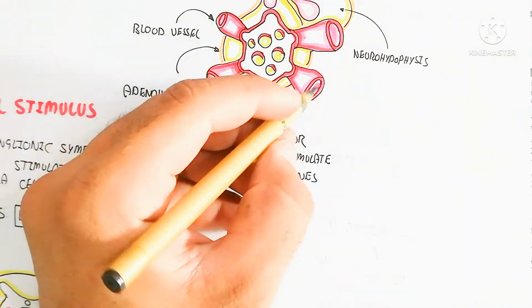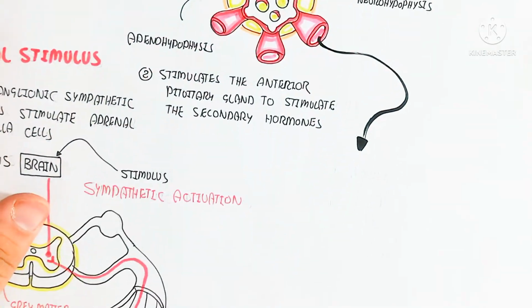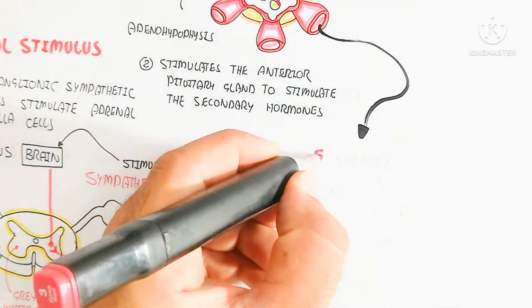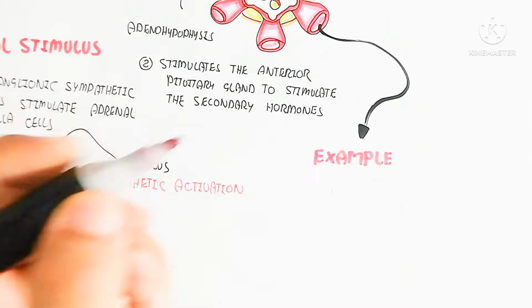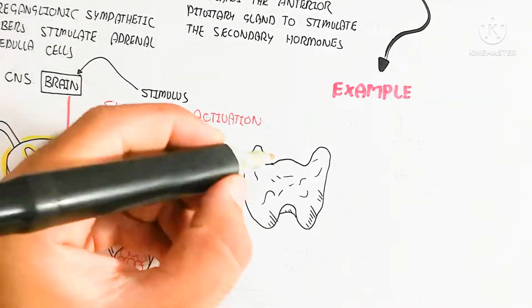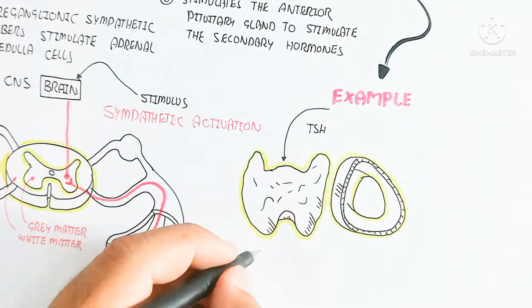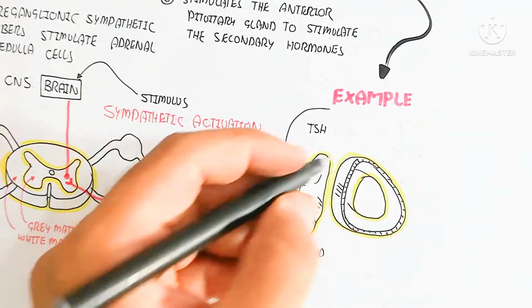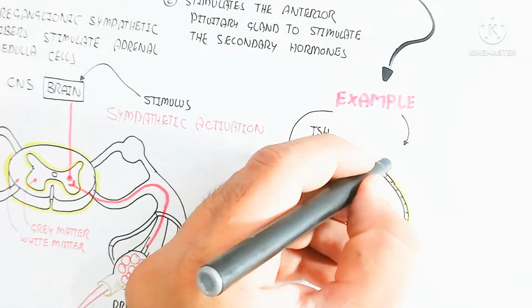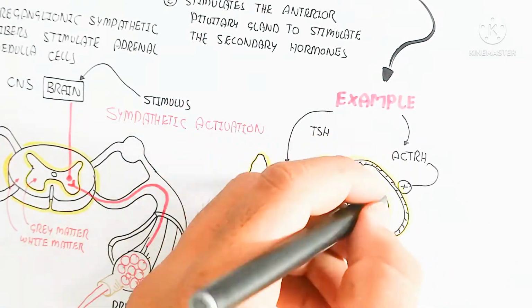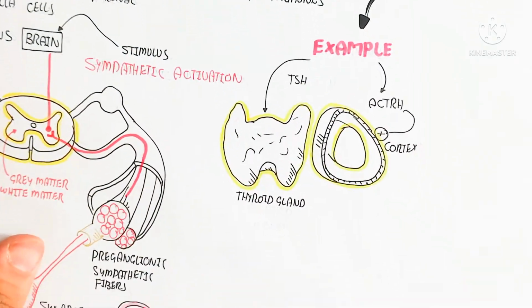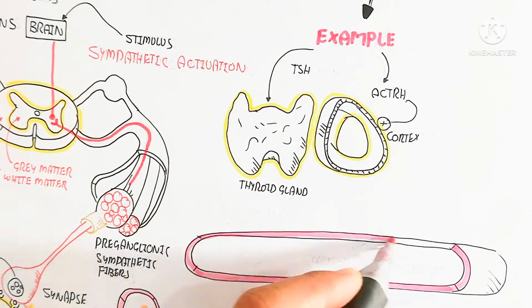But the hypothalamic hormones stimulate the anterior pituitary gland to release secondary hormones. For example, thyroid stimulating hormone will stimulate the thyroid gland to produce thyroxine and triiodothyronine, which basically maintain homeostasis of energy intake, expenditure and metabolism,